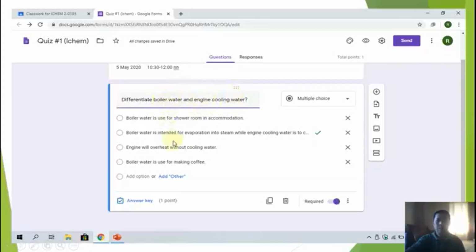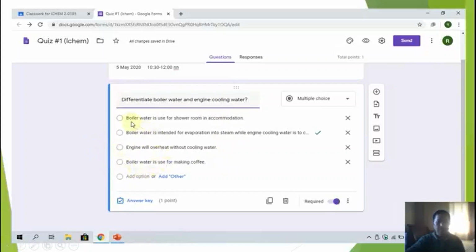So I type this one, put a question mark. Here you can choose whether multiple choice, short answer, or paragraph answer. So I select multiple choice, and there are two options that appear. You just click add option so that you can have all 4.